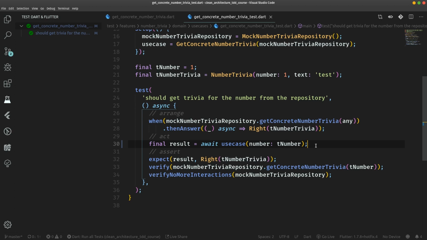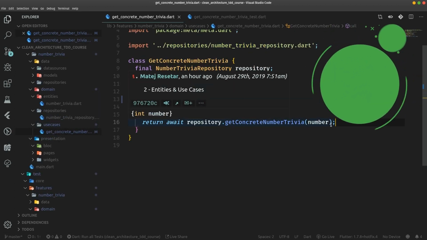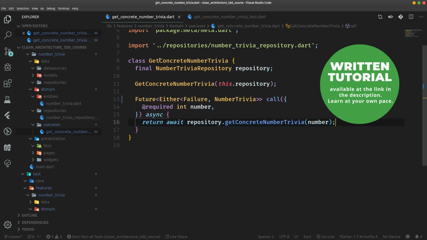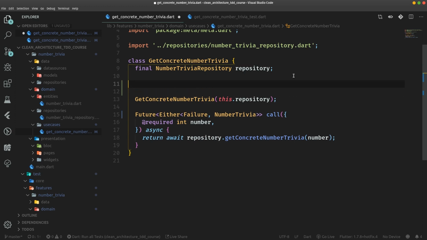All right, but this is obviously not all that we will do in this part, because we also want to add another use case, that is get random number trivia. That's because in addition to getting trivia for a concrete number, we can also get trivia for a random number. And the numbers API we are using for this number trivia app actually has a different API endpoint for concrete and random numbers. So this means we are getting ahead of ourselves a bit because we are not dealing currently